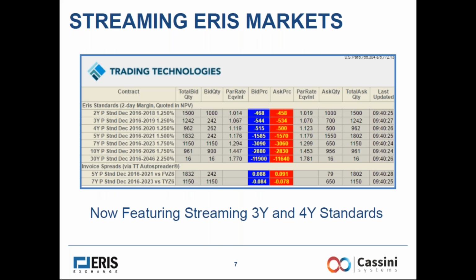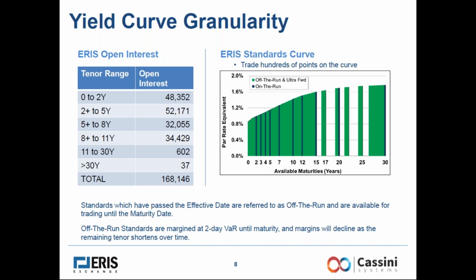Eris operates a central limit order book on which participants have access to live and tradable streaming markets. We recently added live markets in 3- and 4-year tenors, so live streaming markets are now available in 2, 3, 4, 5, 7, 10, and 30-year tenors, commencing out of the front IMM date. This leads me to what